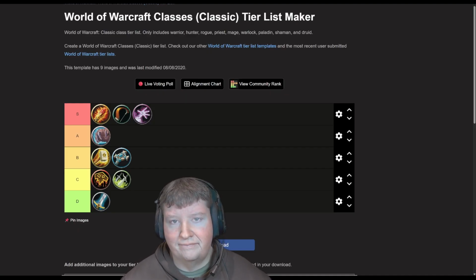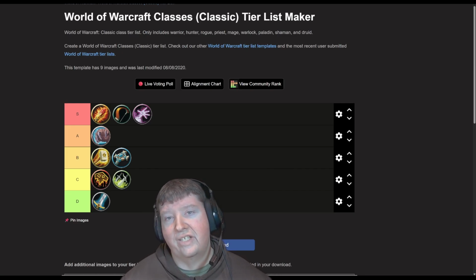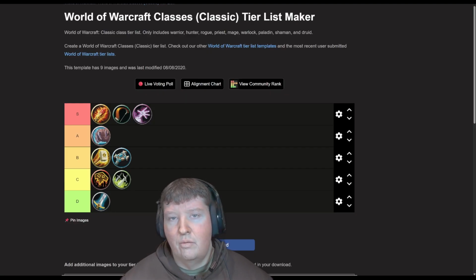Let's get into it. First, let's start with the S tier. Mages have one of the fastest and most efficient leveling curves in the game. With early access to Arcane Explosion and Blizzard, they can pull multiple enemies at once, while strong single-target spells allow them to handle tougher mobs. Their teleport ability cuts down on travel time, and conjuring food and water saves you a lot of money throughout